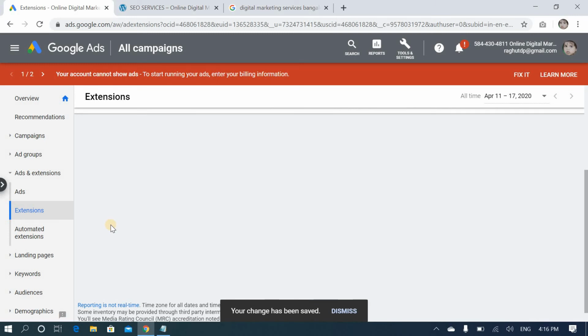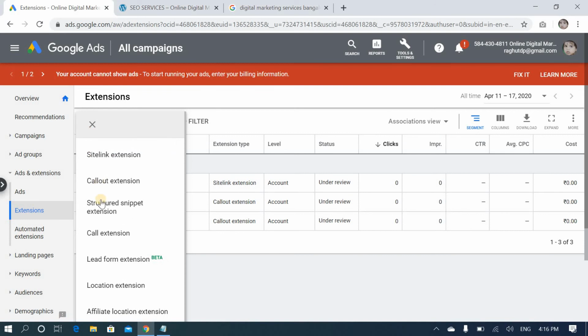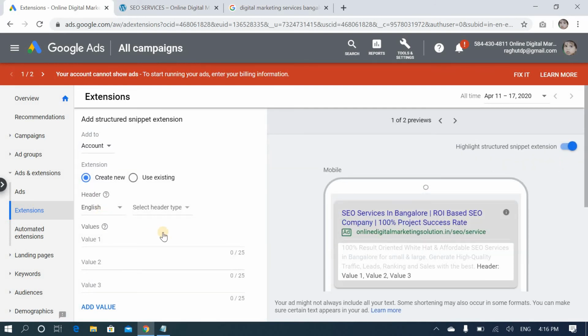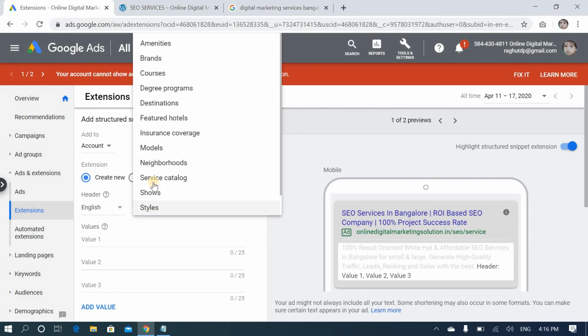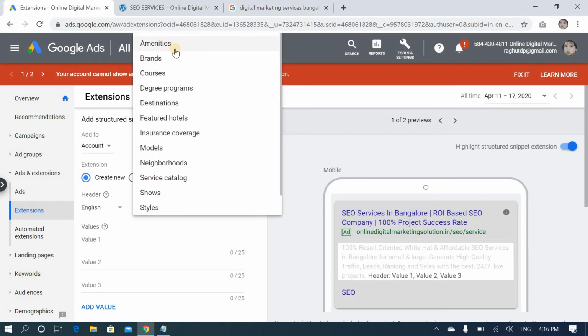Now I'm going to show the structured snippet. Just click here. Yeah, see here, English, select a type. So what type? Either you are providing amenities, brands, courses, degrees, destinations, featured hotels, insurance coverage, models, neighborhoods, service catalog, shows, styles.